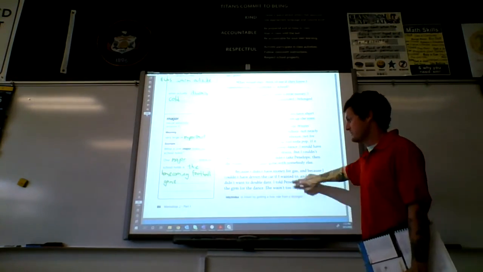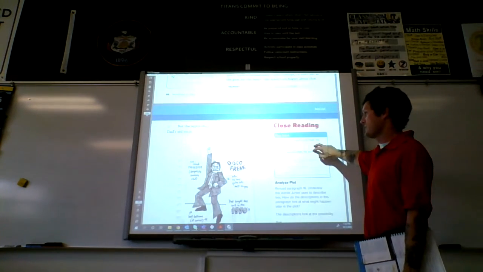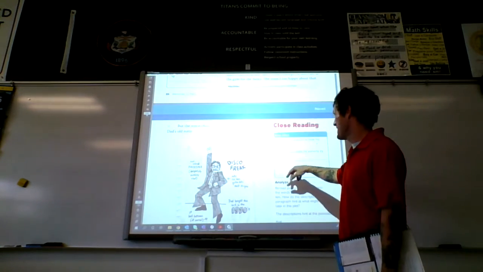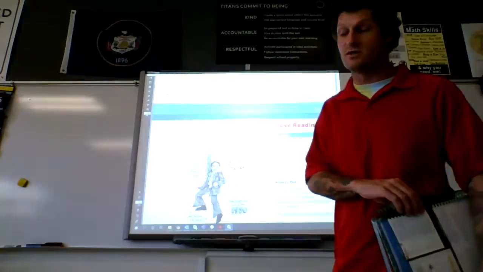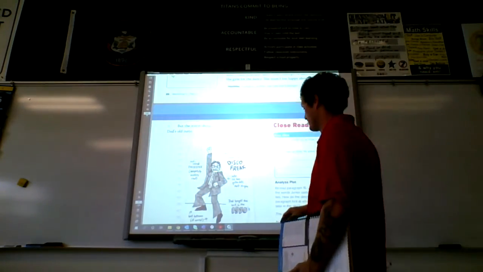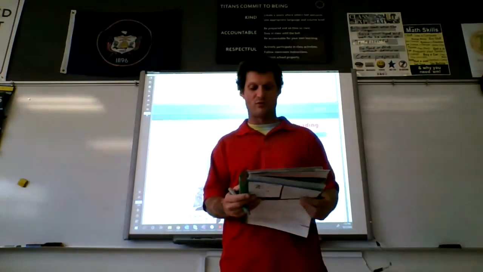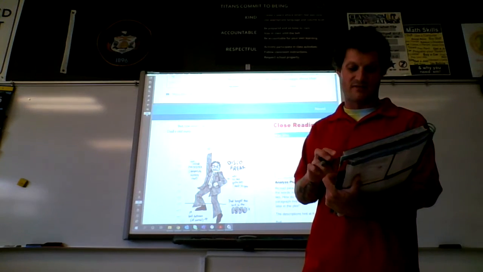So what we're going to do is we're going to continue reading the text, and then we're going to answer the key idea question. So the question is, how does Junior try to hide his poverty? So poverty means that he's poor, so how does he try to hide that he is poor? If you look at the top of page 86, I'm just going to read it out loud, and then we'll answer the key idea question once we finish page 87.